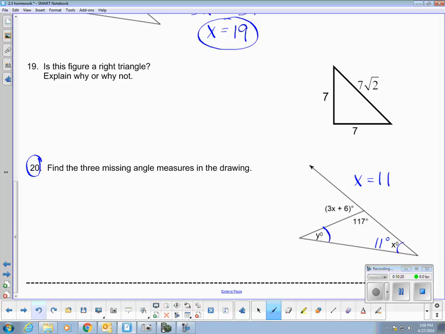Now, what I know about the angles in a triangle is the three angles together add to 180 degrees. The sum of the angles is 180 degrees. So I could say that y degrees plus 11 degrees plus 117 degrees together